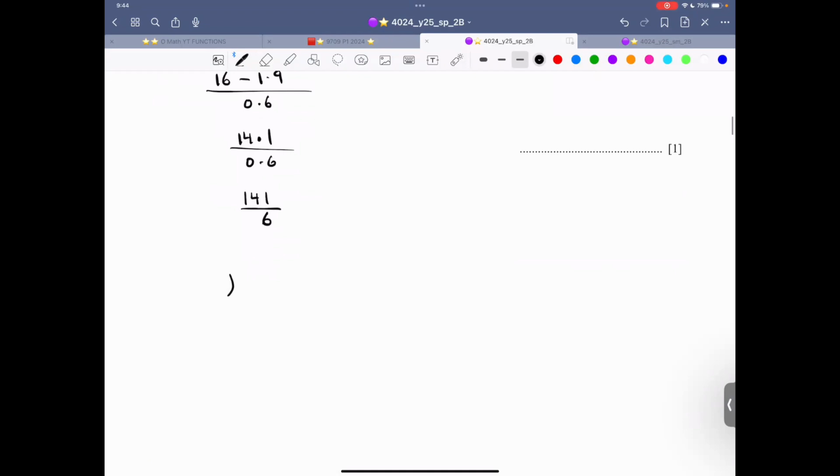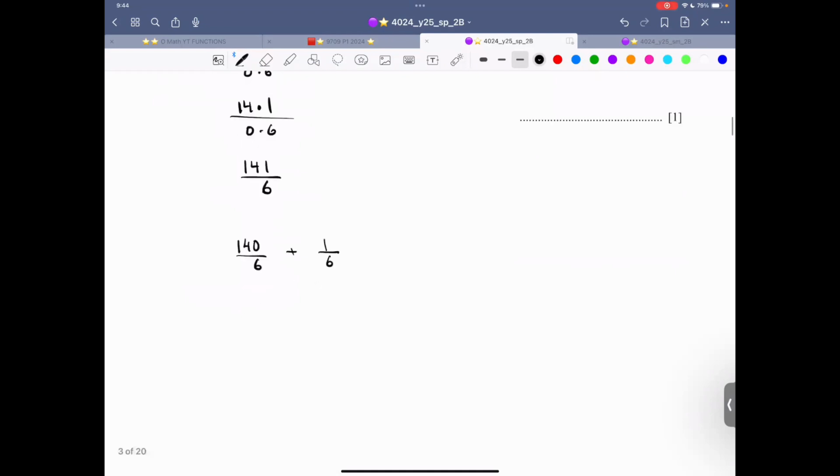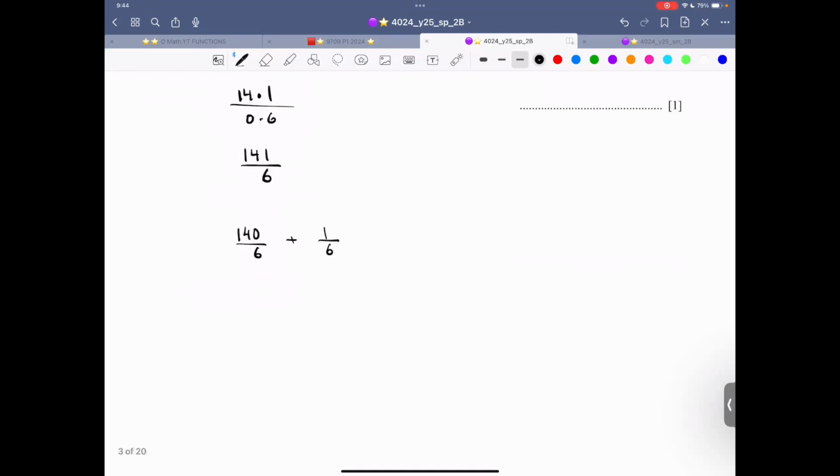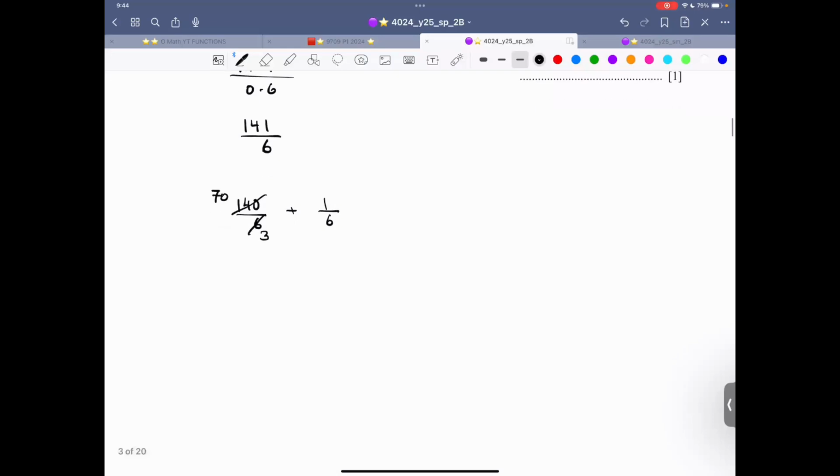So now let me write 141 on the inside, 6 on the outside, or let me do it the non-traditional way. So let me write this thing as 140 divided by 6, and this 1 over 6 is on the outside. So therefore, this is what? This is 2 into 70, 2 into 3. 70 over 3, that is